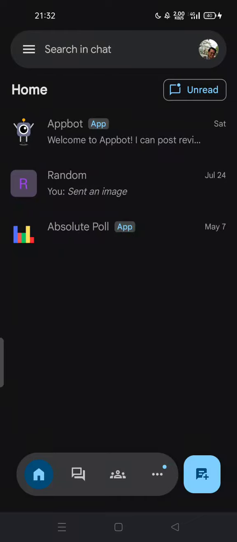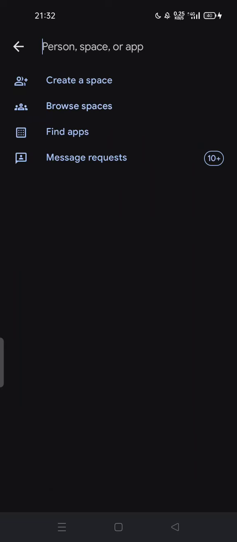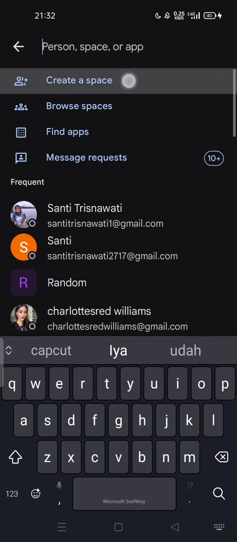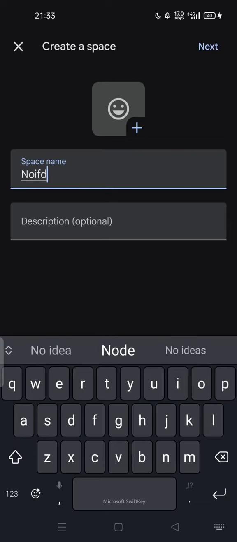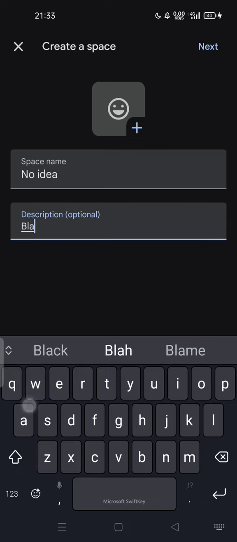Today I'm going to show you how you can add contacts to Google Chat Spaces or direct messages. So all you have to do is open the Google Chat on your mobile phone, and you can create a space first. You can tap on this message icon and create space here. So you can type this space name, for example, no idea, description, blah blah blah,